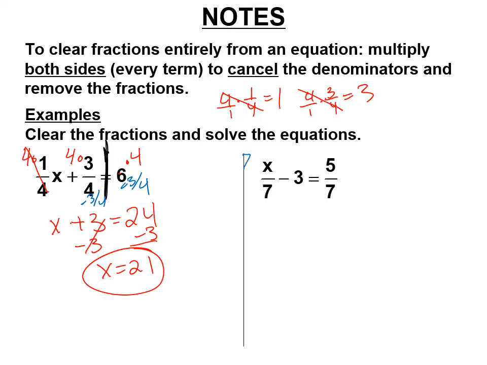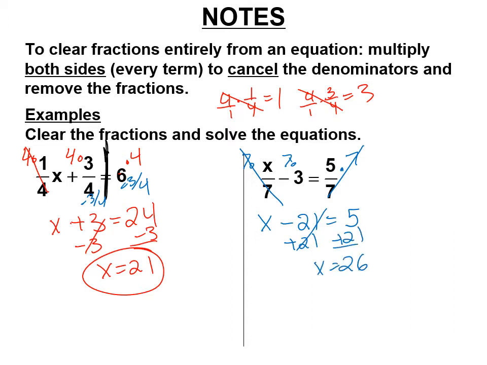So you'd multiply this entire side by 7 and that entire side by 7. The 7's there cancel out and you get x. We have a minus sign. 7 times 3 is 21. These 7's cancel out and you get 5. We've turned a tough two-step equation into an easy one-step where we just add 21 to both sides and get